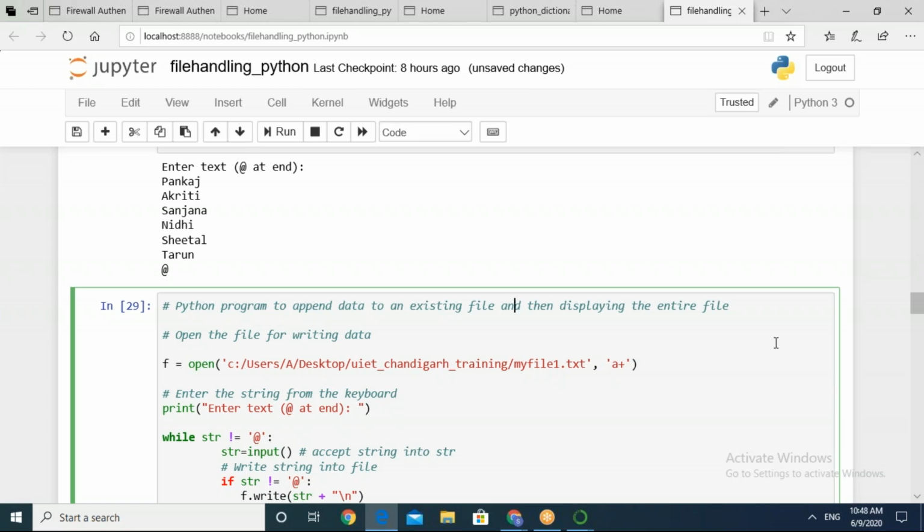तो आप ऊपर देख रहे हैं कुछ डाटा ऑलरेडी हमने एंटर किया. अब मैं इसमें कुछ और डाटा अपेंड करना चाहती हूँ. सो आई एम गोइंग टू यूज A+ मोड. A+ mode. Yeah, who will tell me what additional A+ mode will do for you? Respond in the chat window. What is the difference between A and A+ mode? Very good. So Shivam Maurya has responded, read and append. Well done.